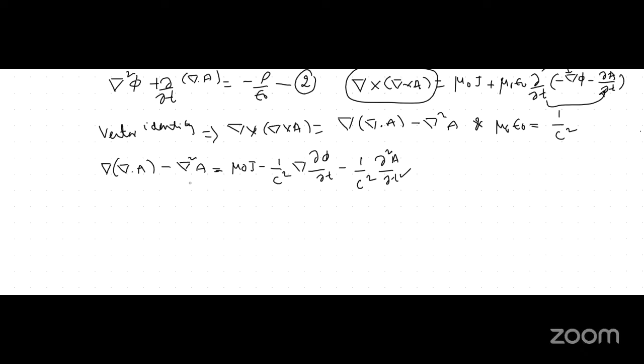Now if you solve this equation, I'll write this del square A to this side, so it will be plus del square A. Another term which we have is minus 1 by c square dou square A by dou T square, and this del of del dot A we take to that side, so it will be minus of del of del dot A plus 1 by c square into del of dou phi by dou T, which is